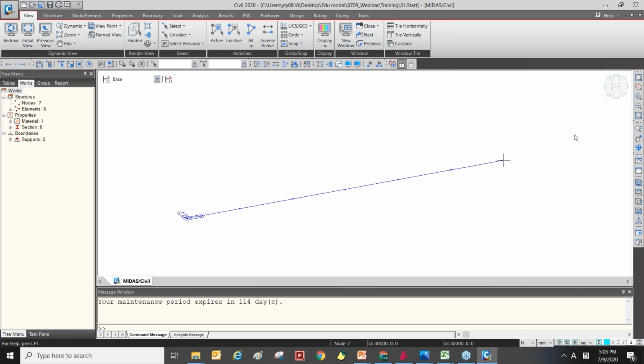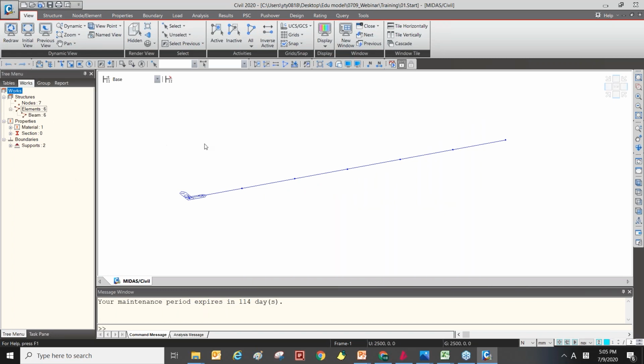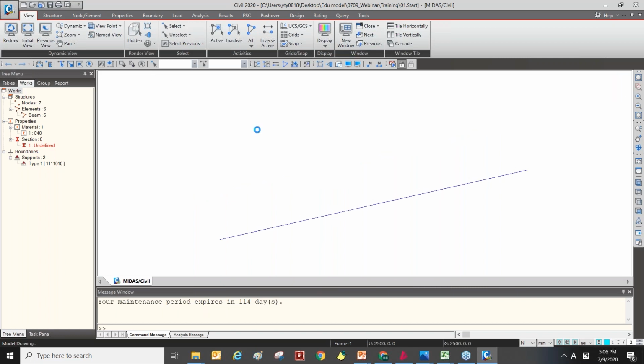This is a sample model of Midas Civil. I brought a simple model. It has 6 beam elements and no section, and it has 1 material property and 2 boundary conditions. So this is a simple single span beam.